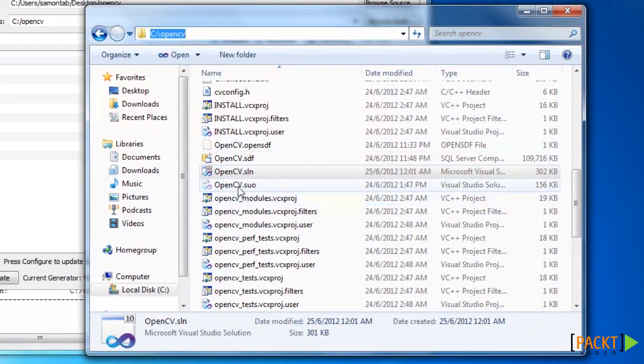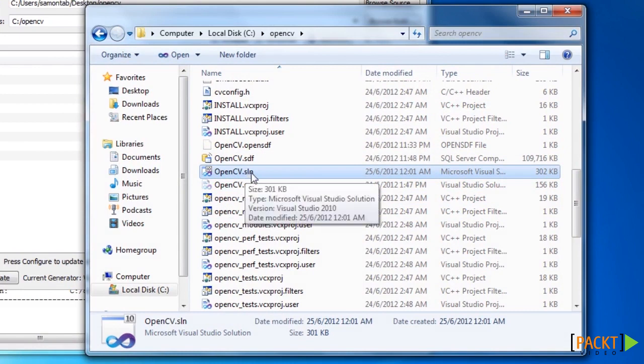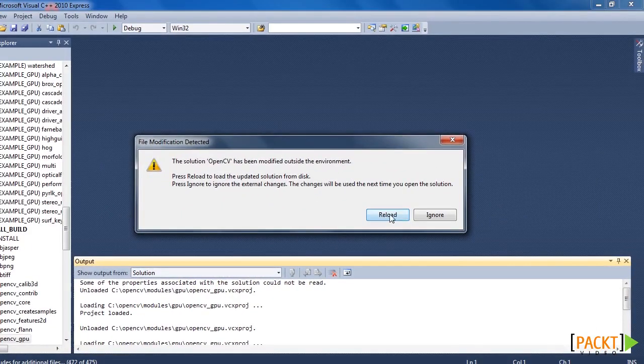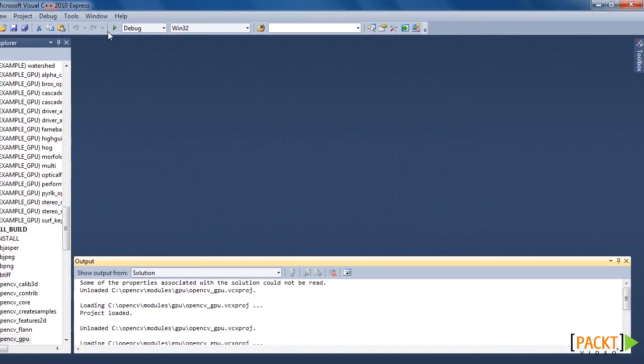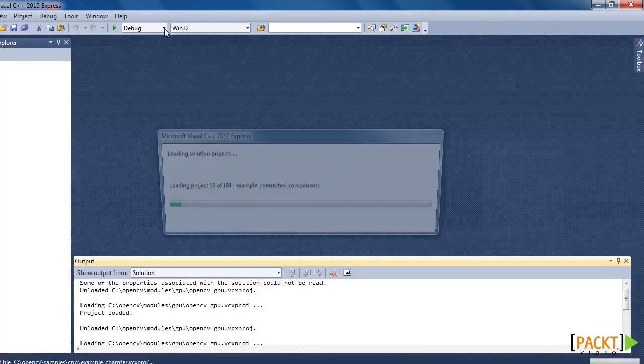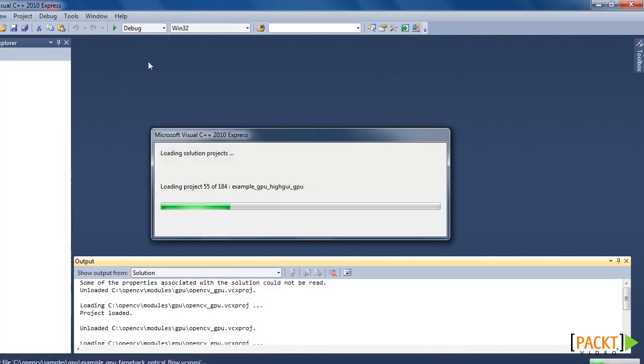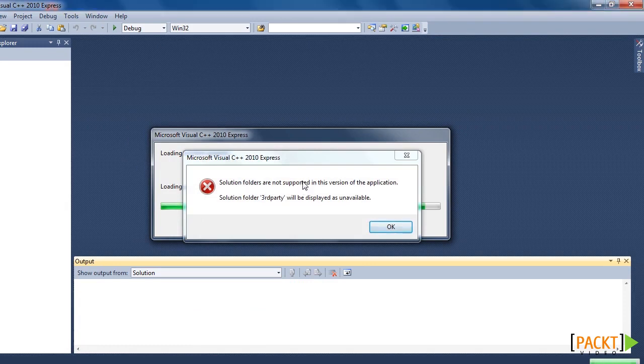If you go there, you only need to go to opencv.sln, which is the solution, and if you double click that, you will open the OpenCV solution. You need to build it in two different configurations, debug and also release. Once it's finished loading,